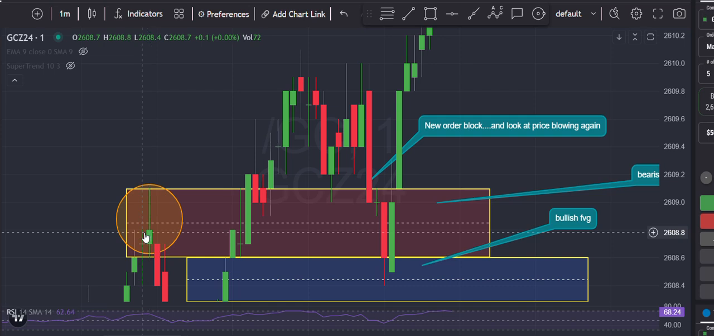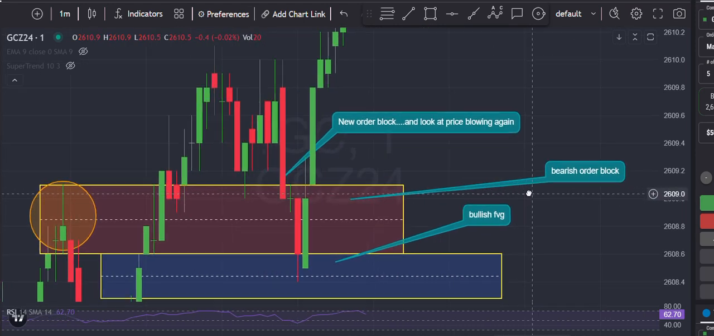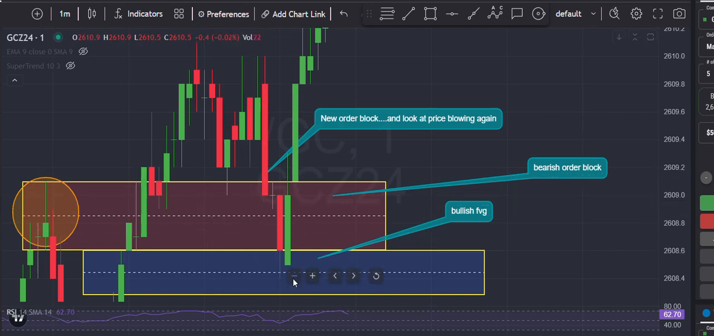We see price come down into our initial bearish order block. We get a nice strong bearish move. It breaks through our bearish order block. And what does it do? It retests our bullish fair value gap. If you could see this, there's so many opportunities. You can enter a buy here. You could have taken the sell from here, come back down. You could have entered a sell here, came back down,